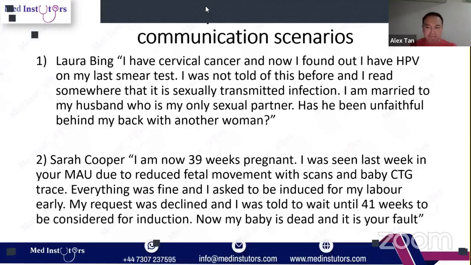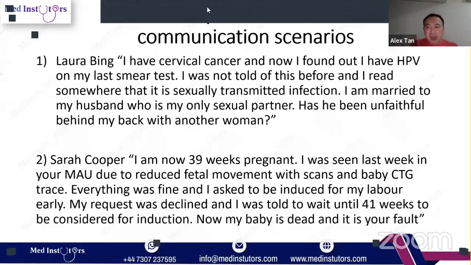So this is going to be quite a recurring theme in exam. They want to see two things. Number one, you break bad news. Number two, you manage a situation not expected to happen. So no matter what you and I do, despite our best efforts, poor outcomes are going to happen. Things that are not meant to happen will affect the ones we don't expect to, even the ones who are deemed low risk. So if I were you in this position, I'll begin to say, I'm very sorry for your loss. I can't begin to imagine what you must be going through.